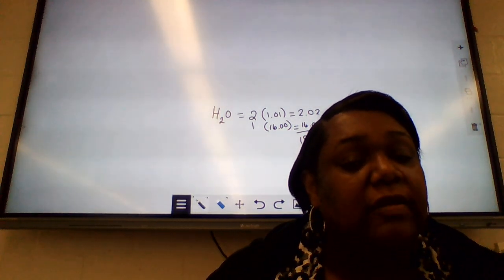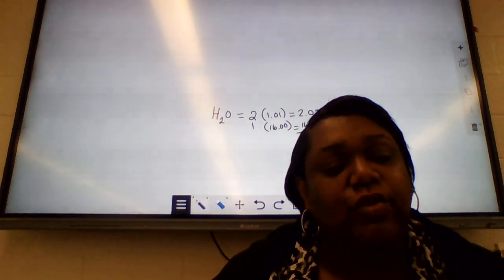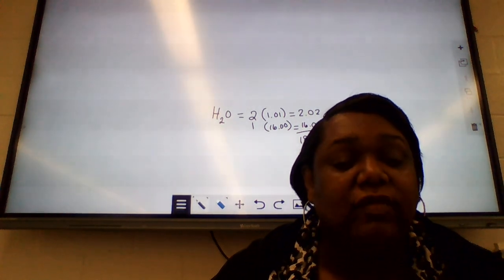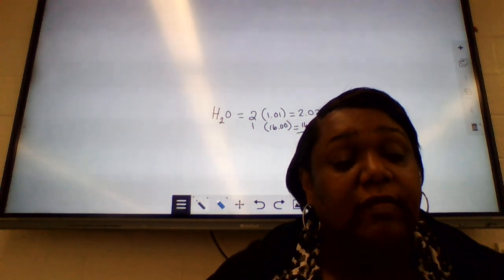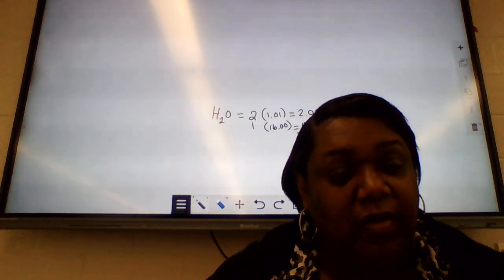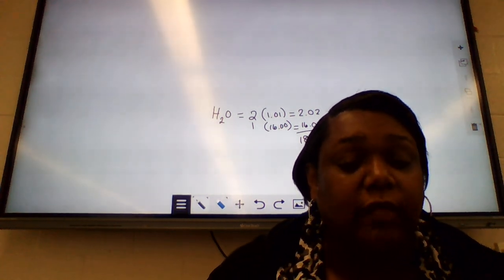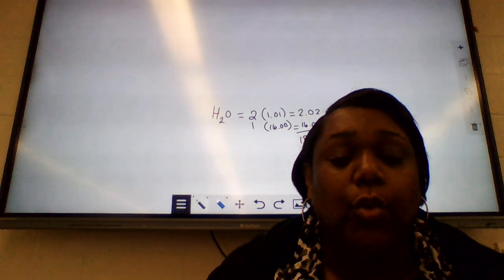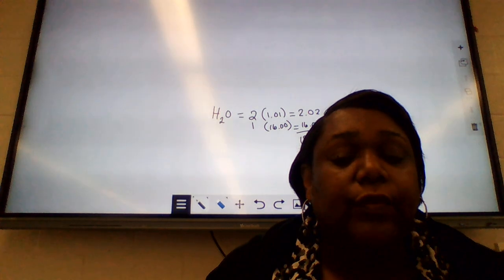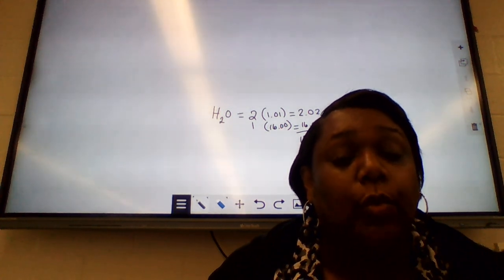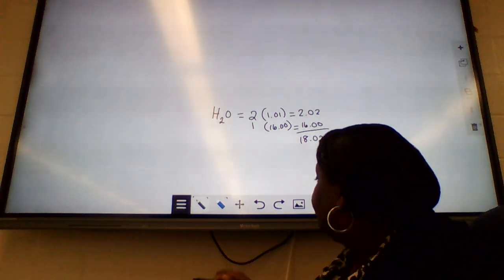And so you will need to be able to do conversions where if I give you mass and ask you how many moles, you'll have to use the molar mass to be able to figure that out. And remember, you're going to set it up using dimensional analysis, just like we've done before, and get your units to cancel out to determine how many moles there are. So if I gave you a problem that said I had 3.24 grams of beryllium and I wanted to know how many moles that was,